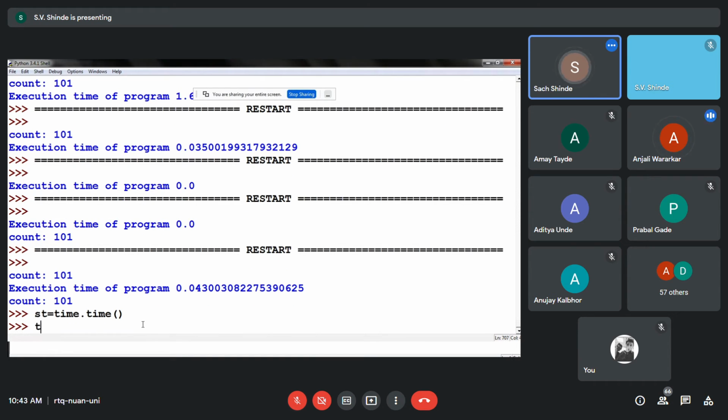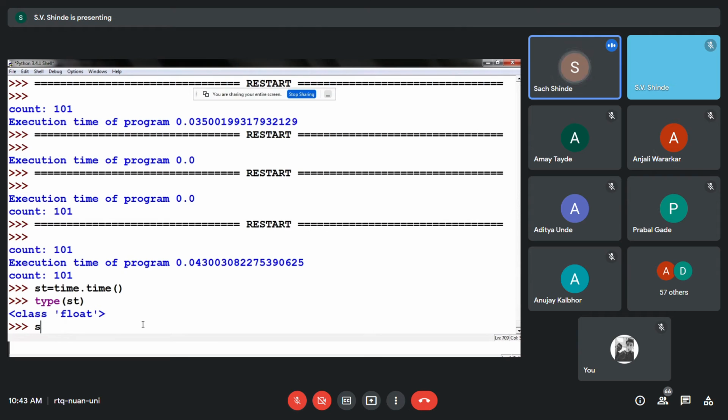Let us find the type of ST. It is of type float. So we simply find the size of that. Let us use sys.getsizeof of ST.